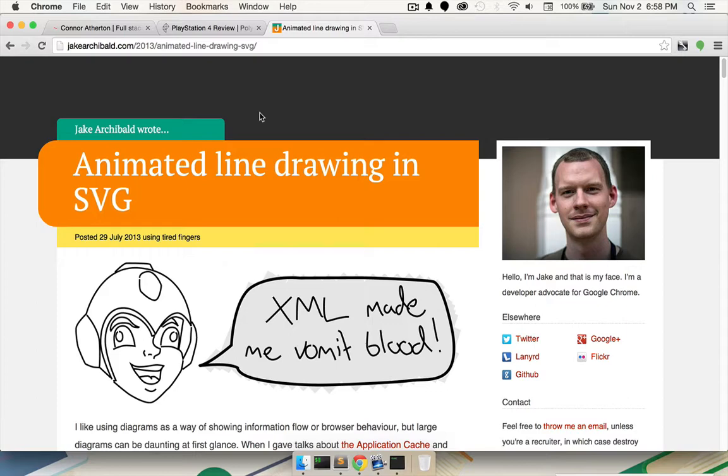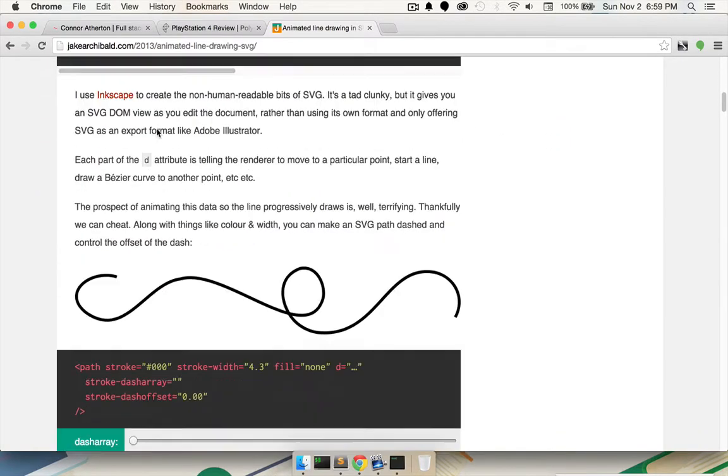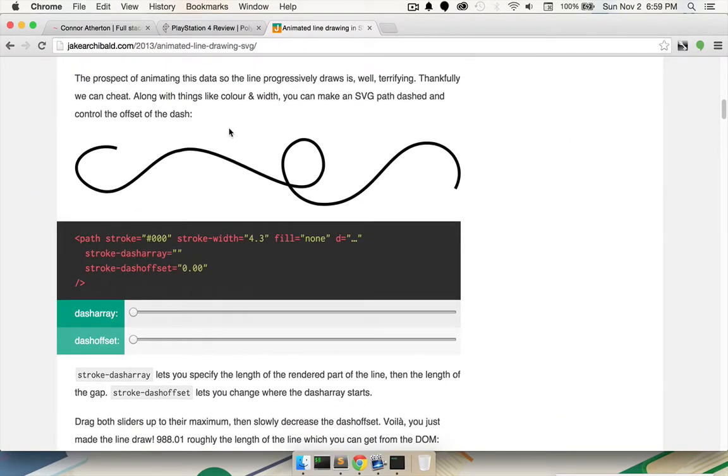So to understand what SVG path drawing is, there's this great tutorial here called Animated Line Drawing in SVG by Jake Archibald. And if we scroll down just a bit, we can skip over a lot of this and just check out this diagram here. So what we have is this SVG line, and according to the stroke dash array property, it'll create little dashes